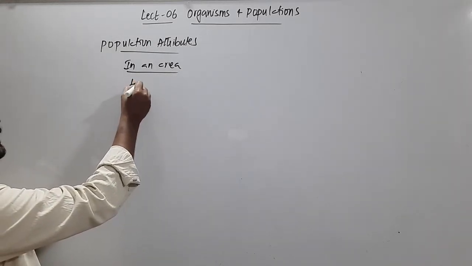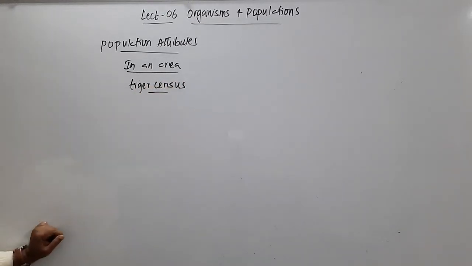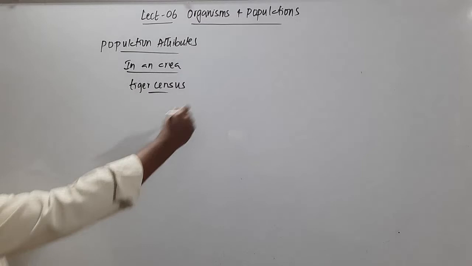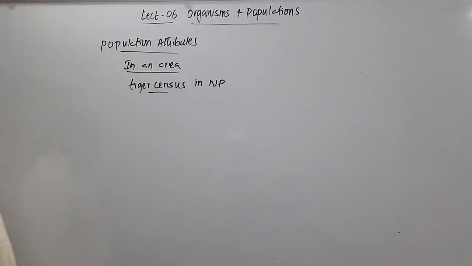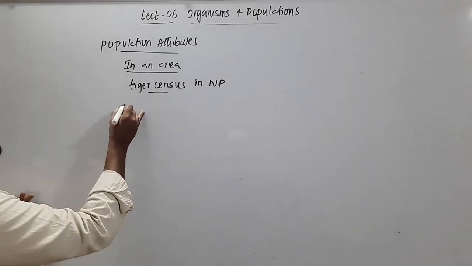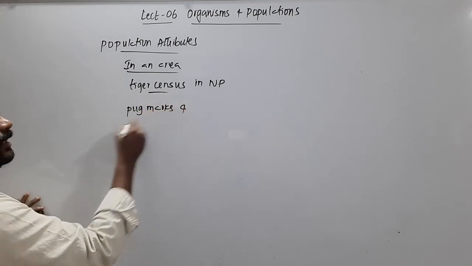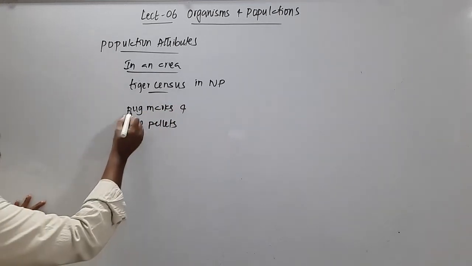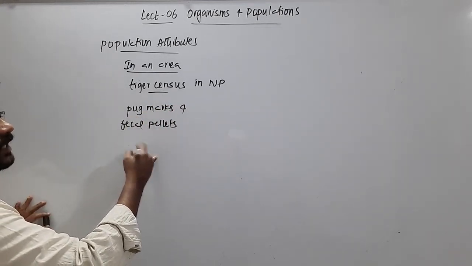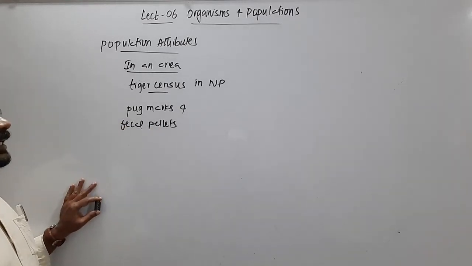So that's a tiger census. To know that tiger census in national parks, what we are going to do is find out the pug marks and fecal pellets. Okay, so we will find out pug marks and fecal pellets to find out the total number of tigers